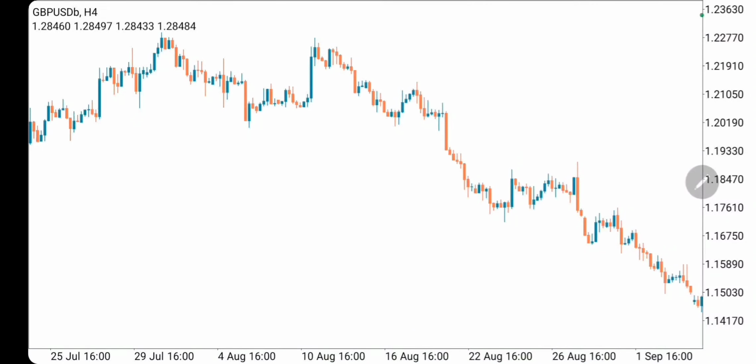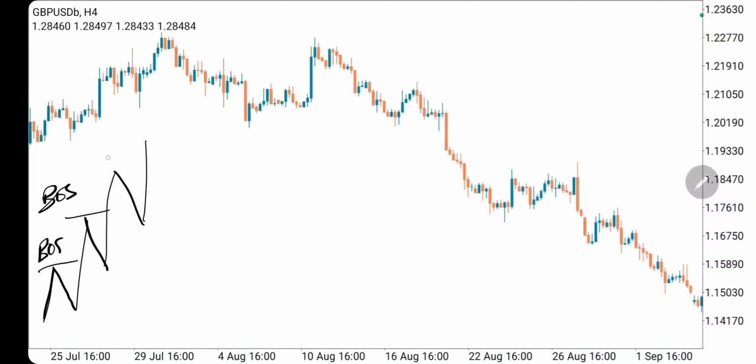Now, a change of character. This is what a change of character does. Now you have the market in a bullish phase. Break of structure, retracement, break of structure, retracement, break of structure. That's a bullish break of structure, as I just taught you. Retracement and a break of structure as well. The market is moving in a bullish phase, creating higher highs and higher lows. These are breaks of structure to the upside: break of structure number 1, 2, 3, 4.